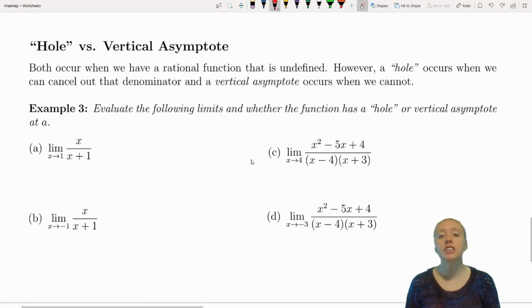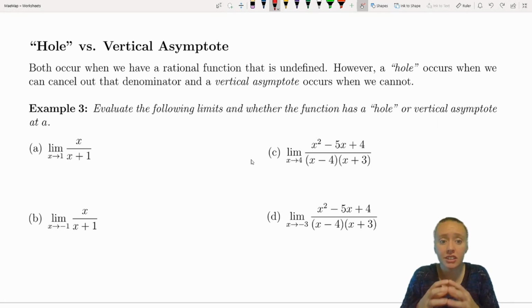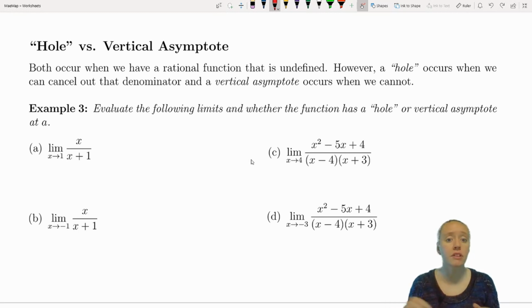So in this last part, I just want to touch base again with what makes a vertical asymptote versus a hole. Both occur when we have rational functions that are undefined, so when that denominator is equivalent to 0. A hole, however, occurs when we can cancel out that factor in our denominator that's making our function equal to 0. Whereas a vertical asymptote occurs when we cannot cancel it out. So for example 3, we're going to evaluate each of the following limits and also evaluate whether the function has a hole or a vertical asymptote at